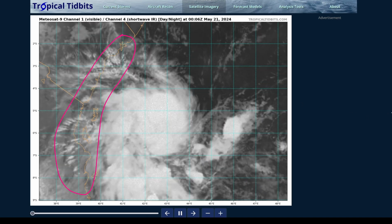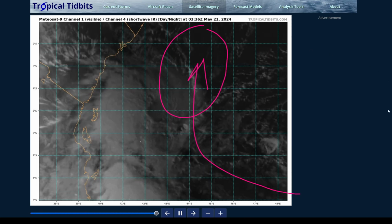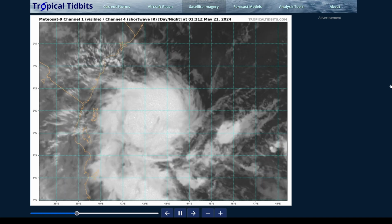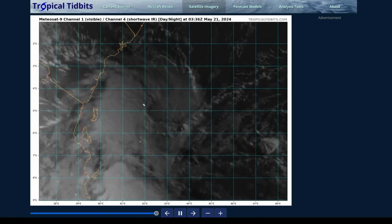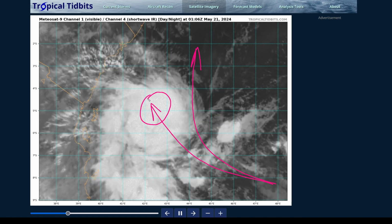The original expectation was that the system was going to track west and then slowly turn towards the north as it weakened, and then get up towards the equator and weaken away. And that would be the end of it. But the system has managed to fend off the wind shear that it's facing a little bit better, possibly because we have some pretty strong outflow aloft, and I'll show you that in a moment on water vapor. But you can see where it is right now, where the original expectation was like this. The system has done more of a track like this, and now it's centered here on the satellite loop,